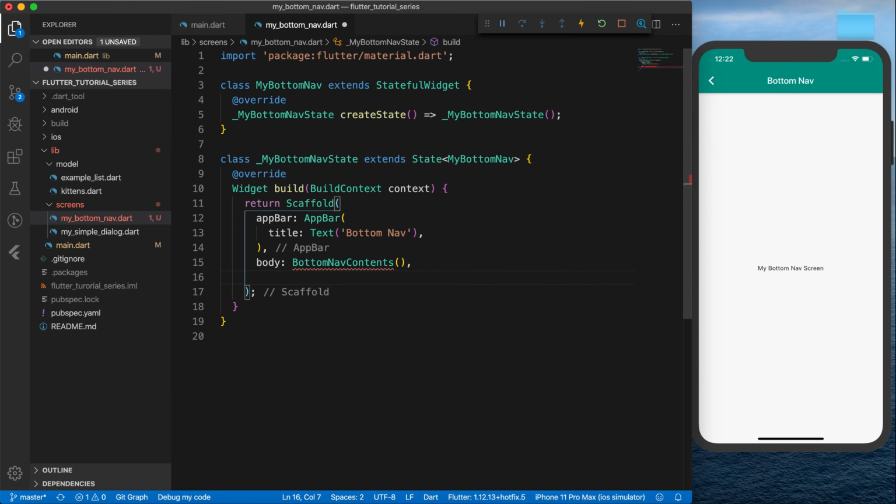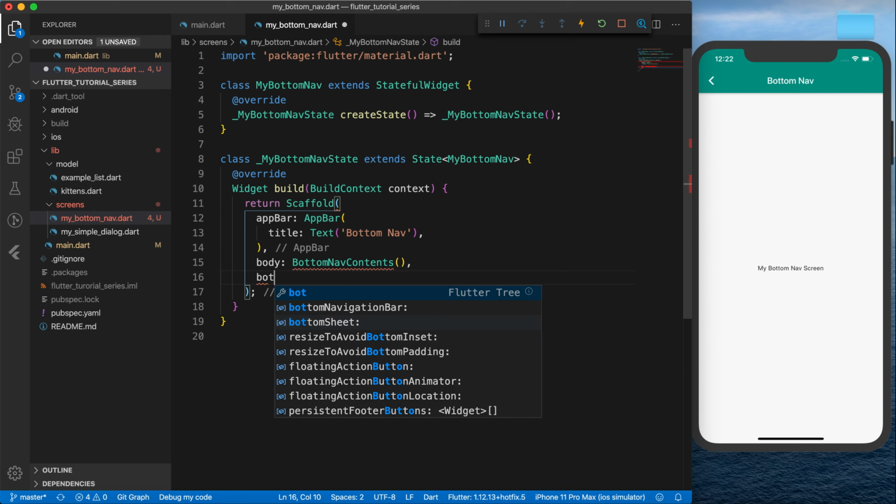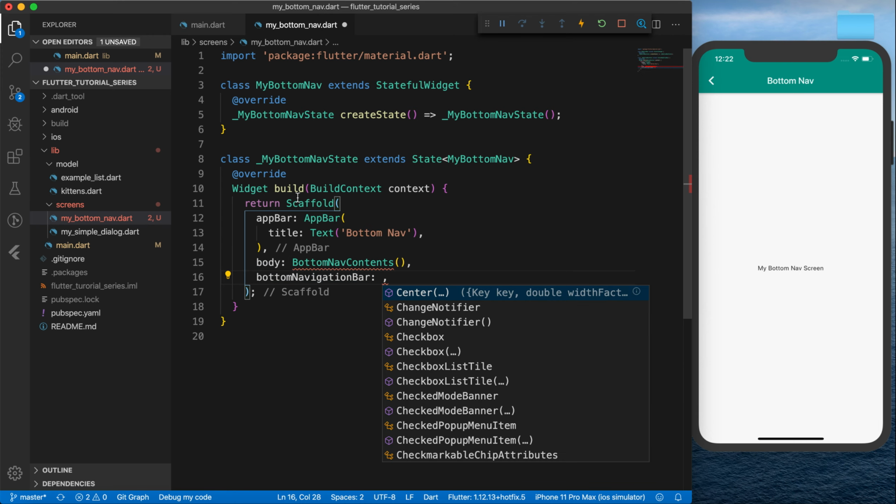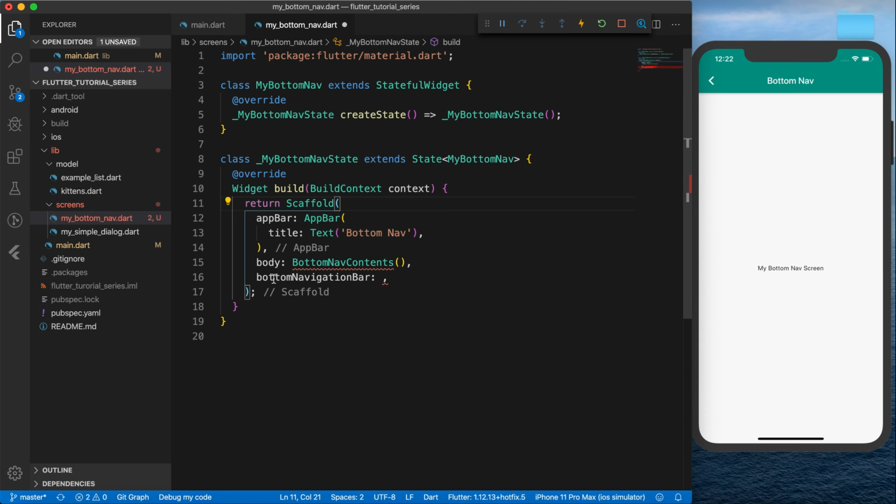So we would also need to display a bottom navigation bar. This property is built in inside scaffold. So we can use bottom navigation and a bunch of other properties inside scaffold, like you can use the floating action button and material side drawer, and there are a bunch of other properties you can use inside scaffold. One of the properties is called bottom navigation bar, and